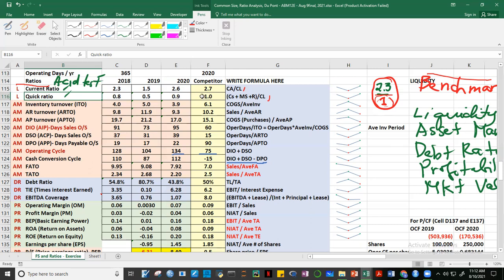So here we can see that as far as the quick ratio is concerned, in 2019, for every current liability that would become due, there was only 0.5 or 50 centavos of quick assets to pay that current liability. So that means that the company, assuming that the